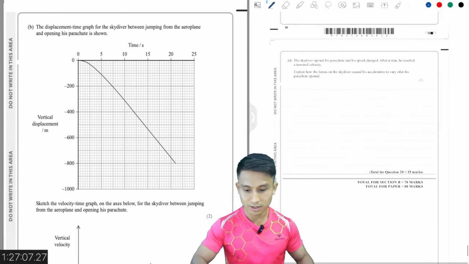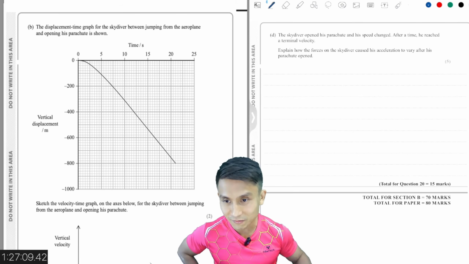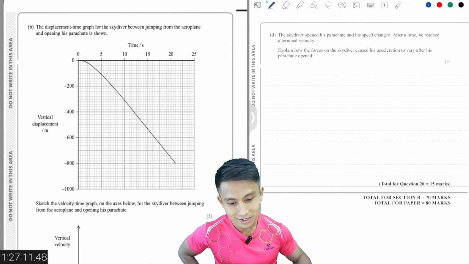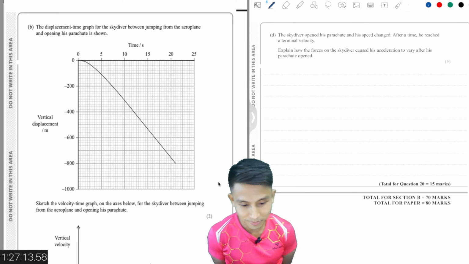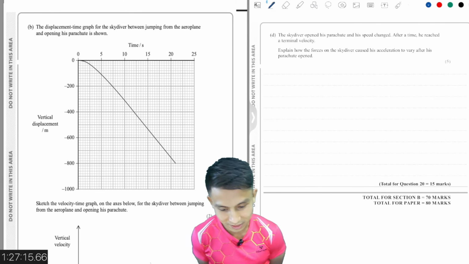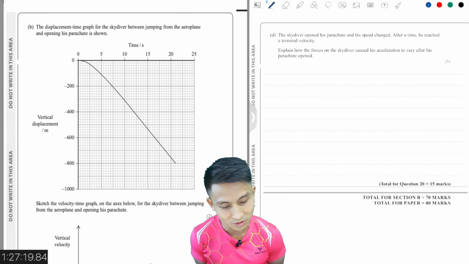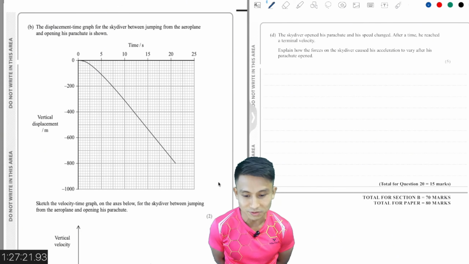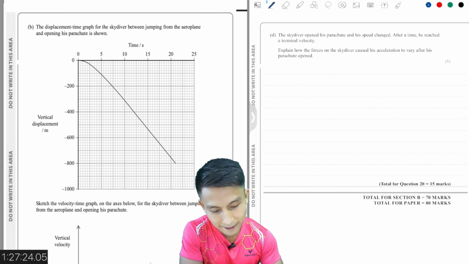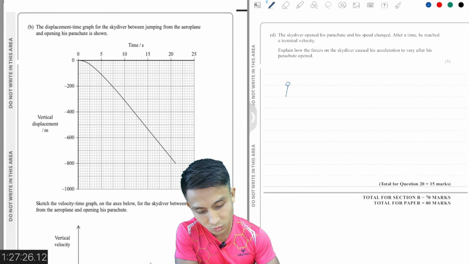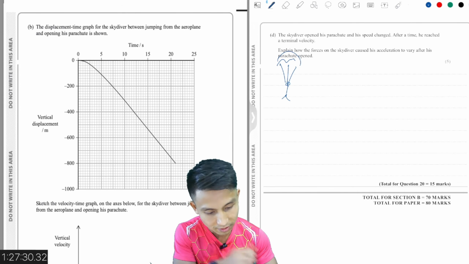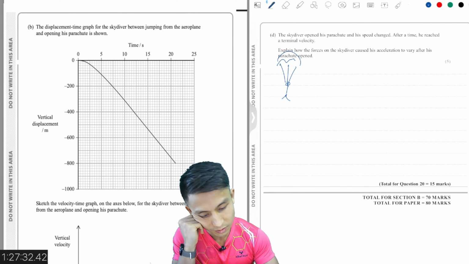Okay. And the last one, 3 minutes. The skydiver opened his parachute and his speed changed after a time. He reached the terminal velocity. Yeah, the second one. Explain how the forces on the skydiver cause his acceleration to vary after his parachute opened. Okay. So when we have a parachute here, right? That's a parachute. After it's opened,